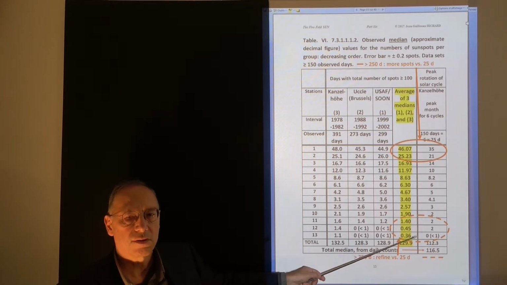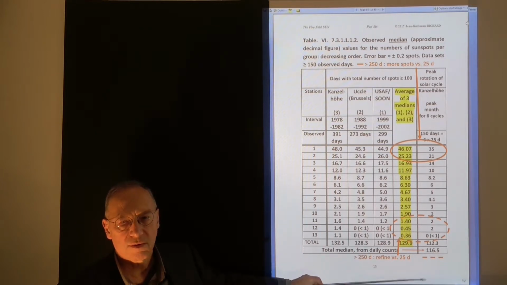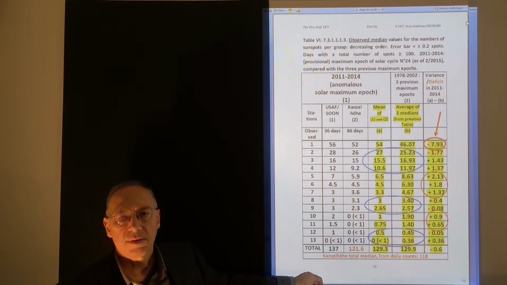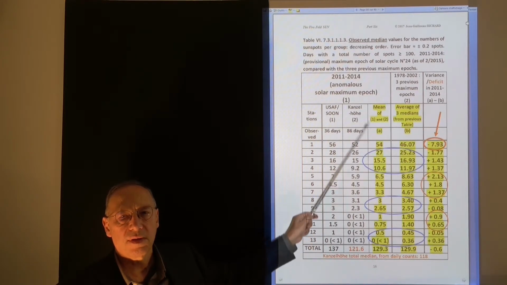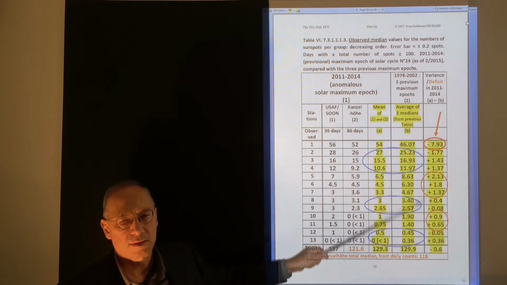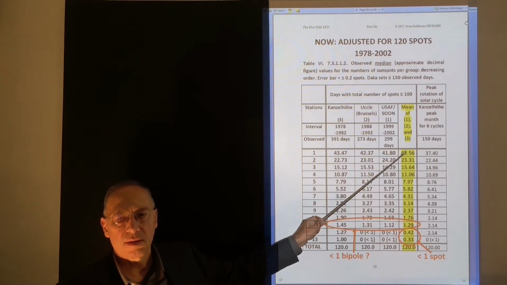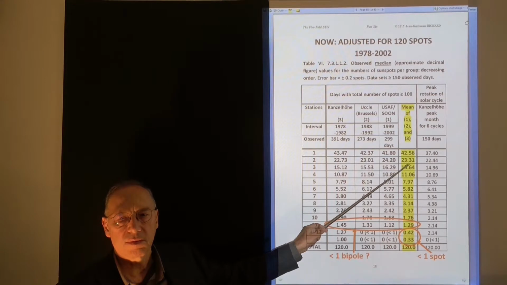We get fractional values, e.g. 1.4 versus 2, which is very valuable. We refine our results by having so many observed days. The observed median now for the anomalously low last maximum epoch. Now we propose to adjust these found numbers, medians, for exactly 120 spots, and we get these numbers: 43, 23,